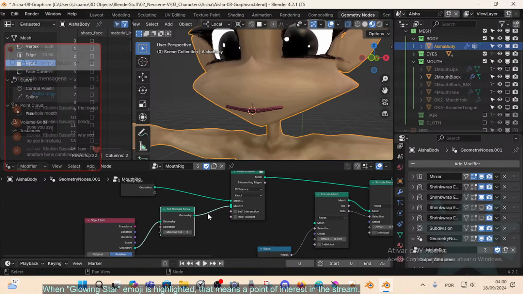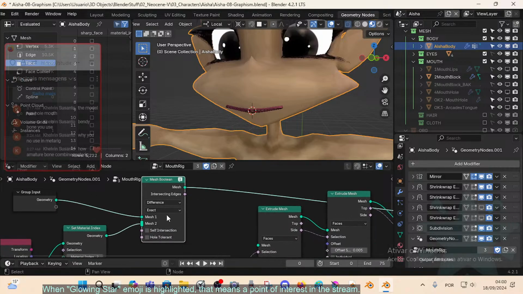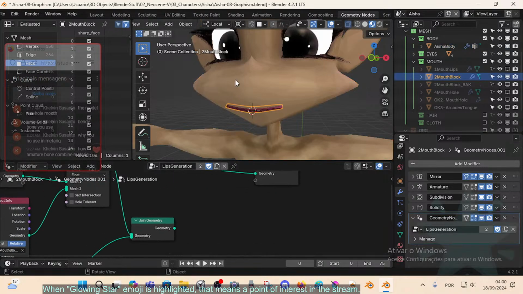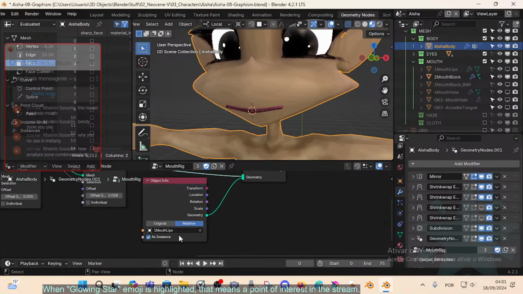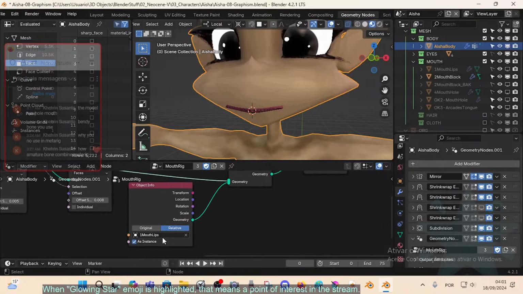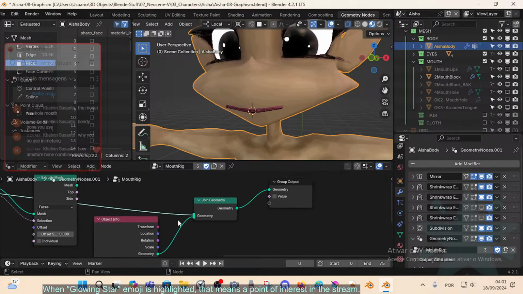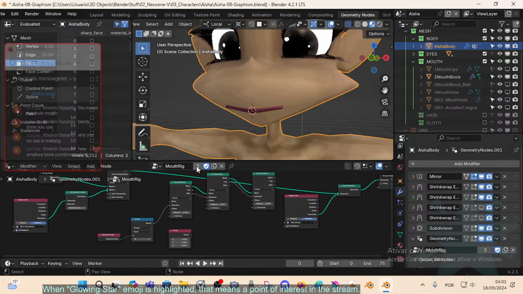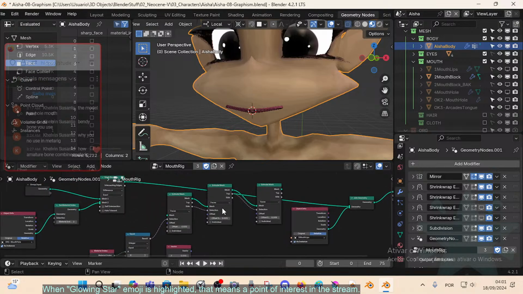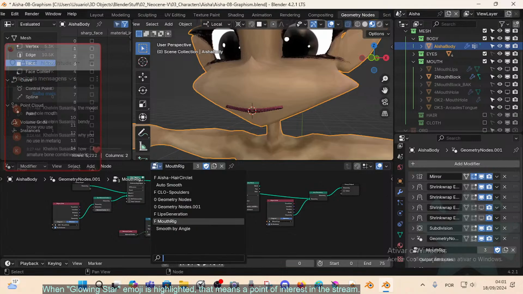Set material. This is not working anymore. Mesh, nothing of those ones. Okay, after this then we just go some join geometry, then object info, some melt ellipse, join geometry. Okay, so very straightforward. I could play with those things, but for now, so let's just